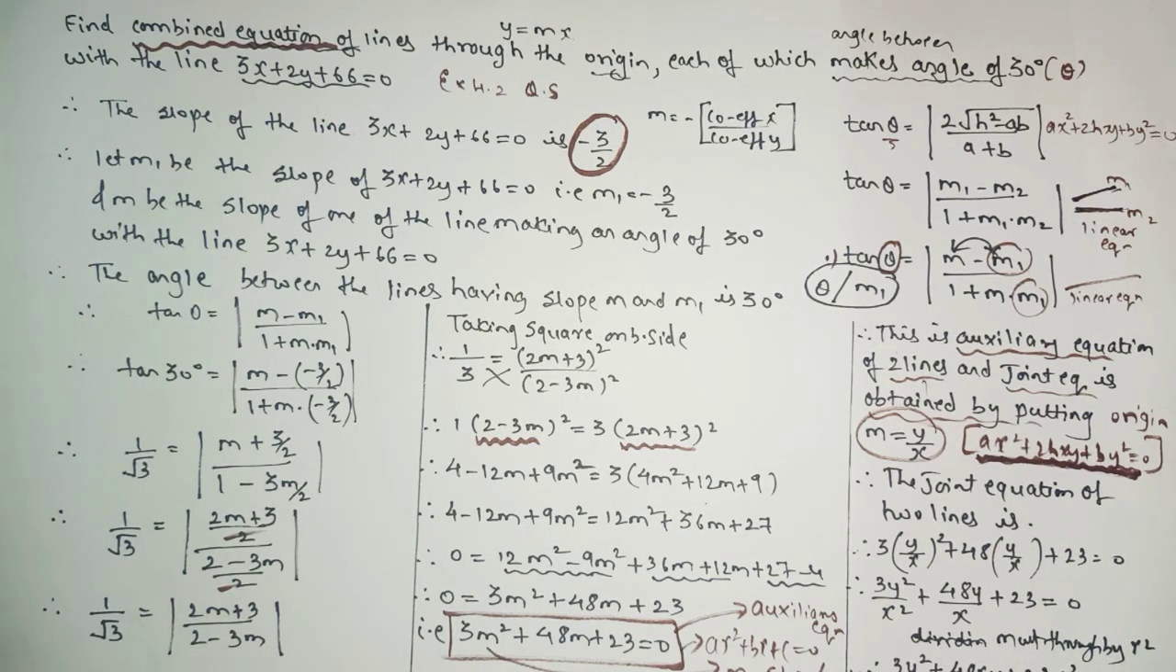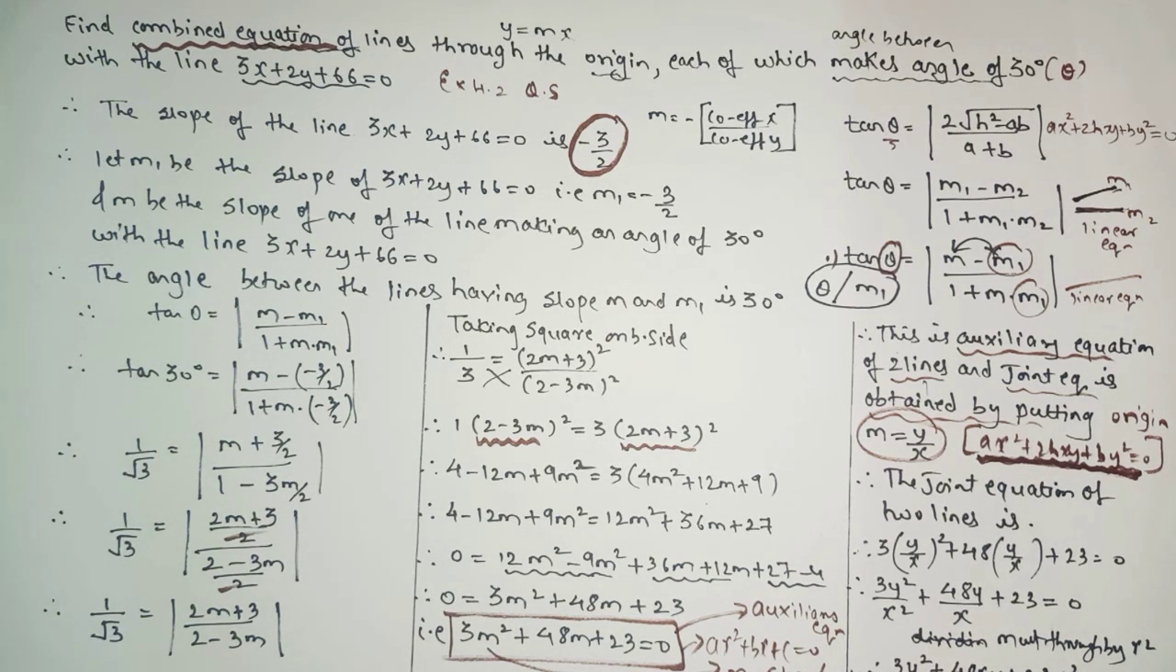I hope you all understood the concepts, all the types, type number 1, 2, 3, 4, whatever the types were. So if you understood the concept,